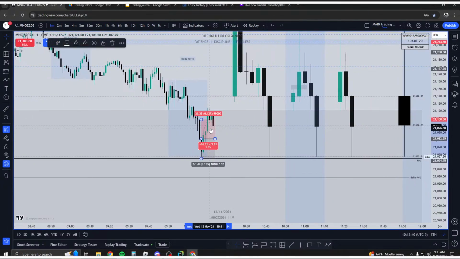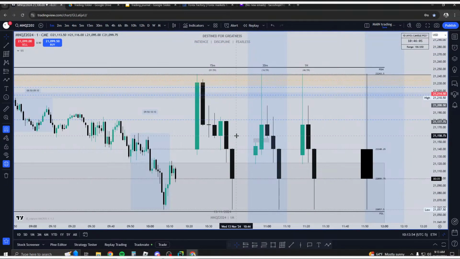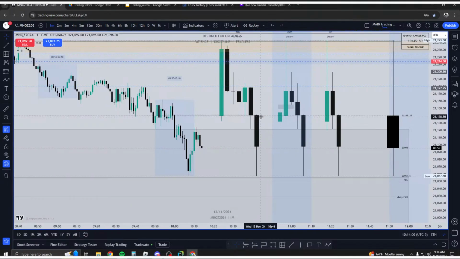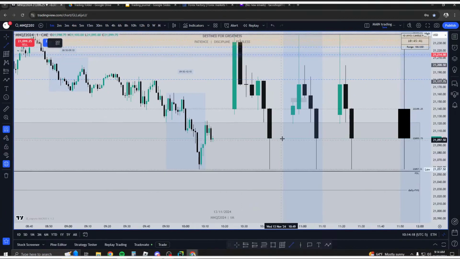And some things that I've actually done to prevent myself from taking these types of models again is waiting for candle closures, right? So I am an intraday model trader. I trade on the lower time frames, like the 15-minute time frame. Sometimes, if the 15-minute time frame aligns with the hourly time frame, I'll take an hourly model. But majority, or actually all of my trades, will be on the 15-minute time frame, right? And when I'm trading with the 15-minute time frame, I always wait for the 15-minute candle to close.